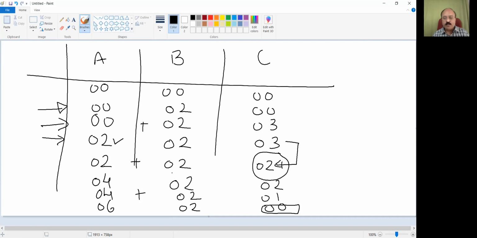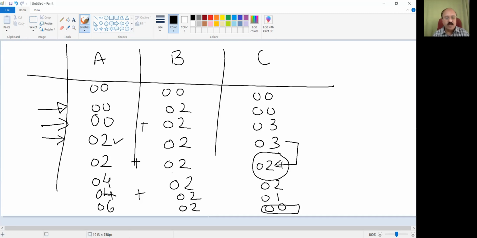Now when the microprocessor comes here, is content of C equal to 0? Yes, it is 0. So it will not go to no. It will go to yes. Yes is what? Store the result of accumulator to memory location.